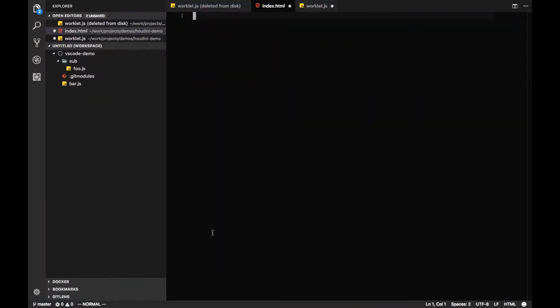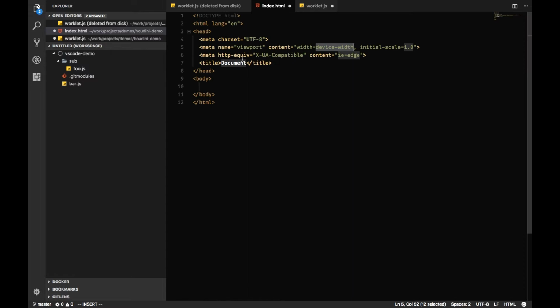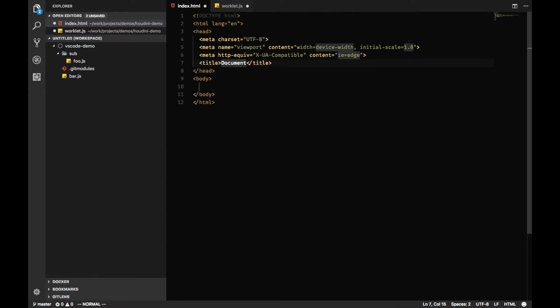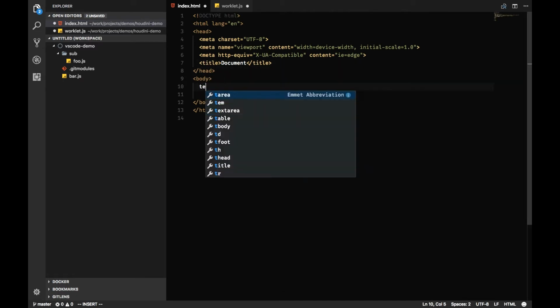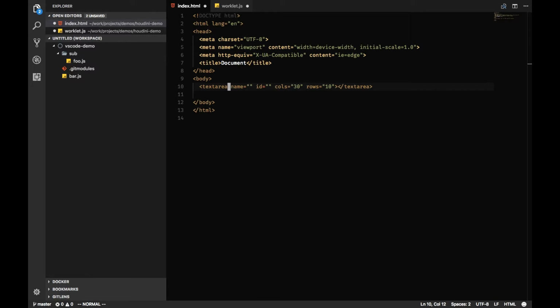The second name of CSS Paint API is just Paint Worklet, because a worklet is a small file, pretty similar in design to a web worker, but it was added to the specification in order to make some changes in browser processes like paint, for example. So let's create index.html with base layout, and here let's create, for example, a text area element,